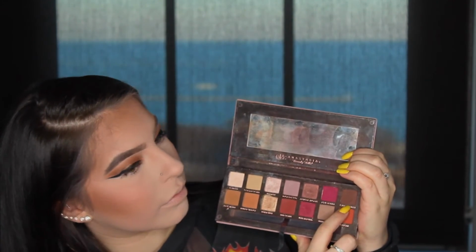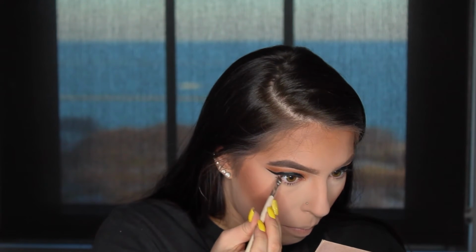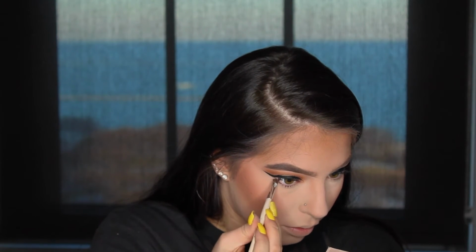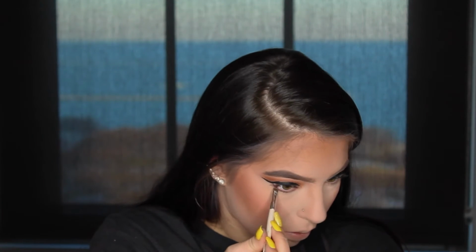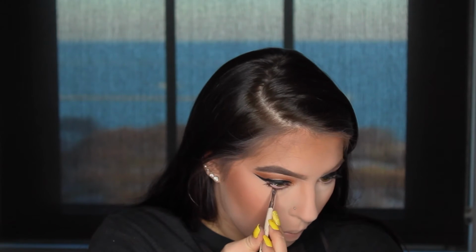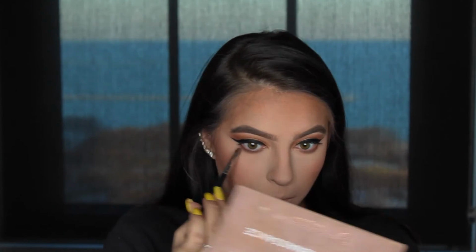And now I'm going in with my Modern Renaissance palette, and I'm applying the color Cypress Umber. I hope I'm saying that right. I'm not really sure. But I'm taking, I don't know what brush that is either. I've had that for a while. But I'm taking that shade and just applying it on my lower lash line. And now I'm going in with the other shade, Realgar, and also applying that on my lower lash line with a